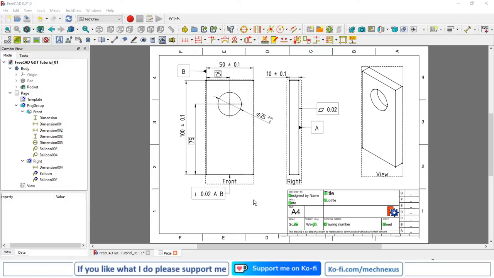Hello friends, welcome to FreeCAD tutorial, and in this tutorial we will learn how to give surface finish symbol to